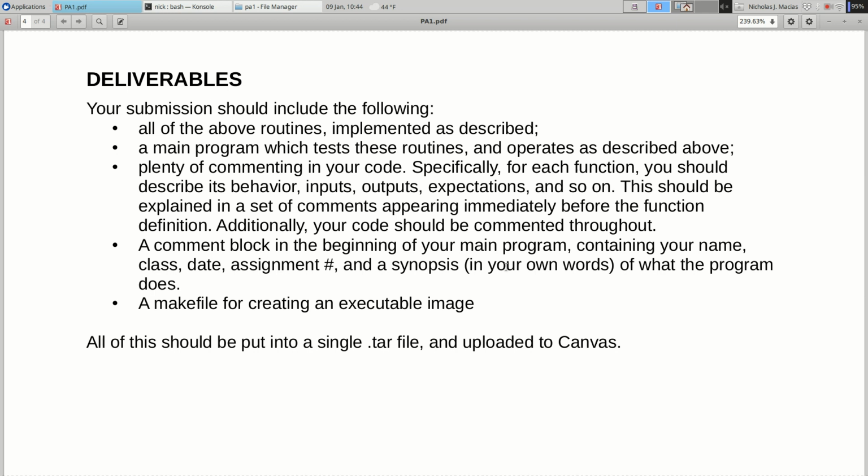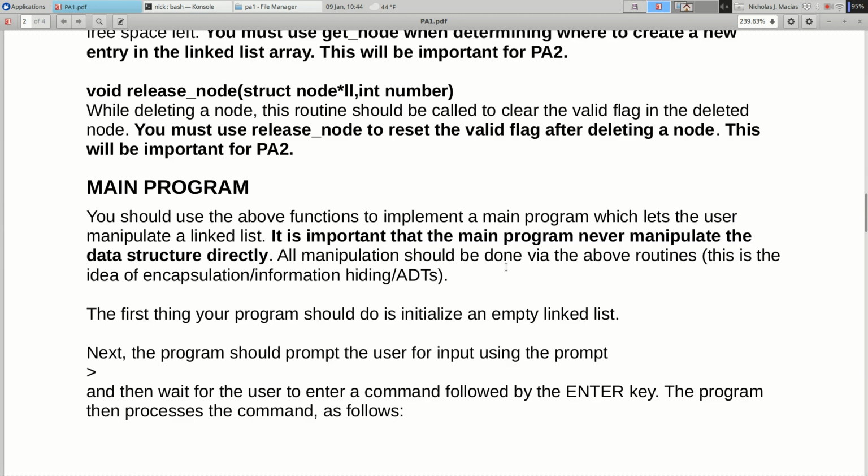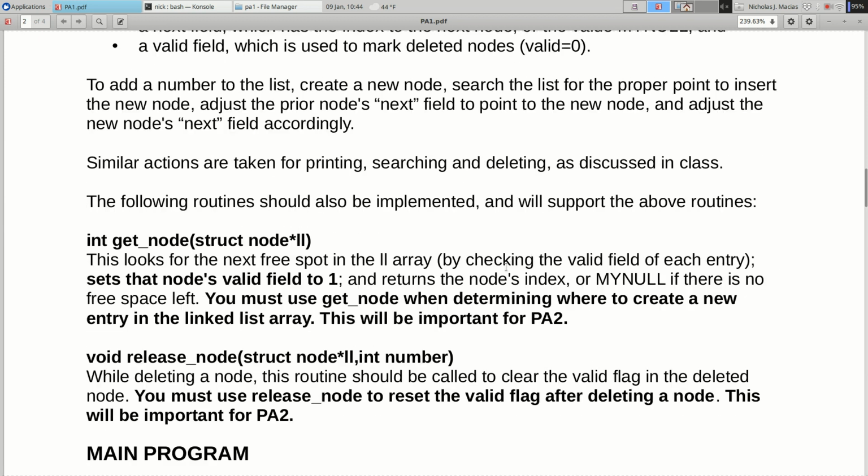I'm going to make notes of all these things I'm promising to tell you. So there's some support code in here that I will talk about tomorrow, but let's go back to